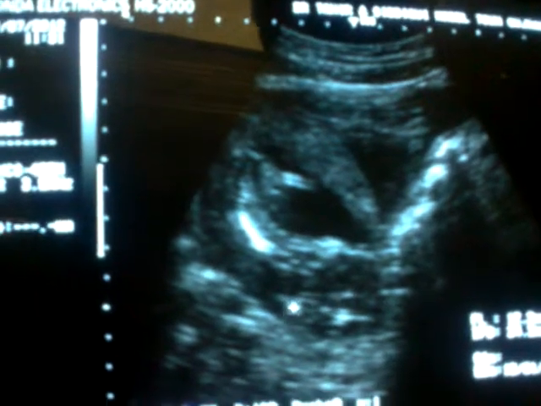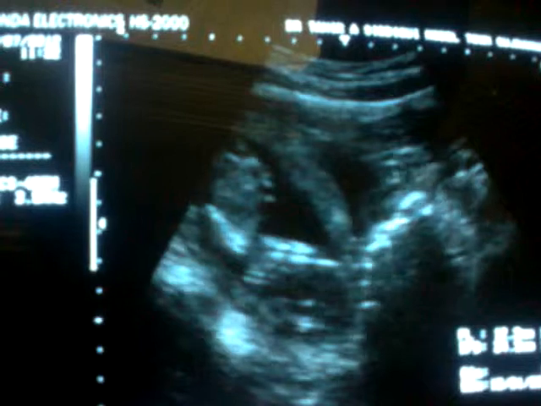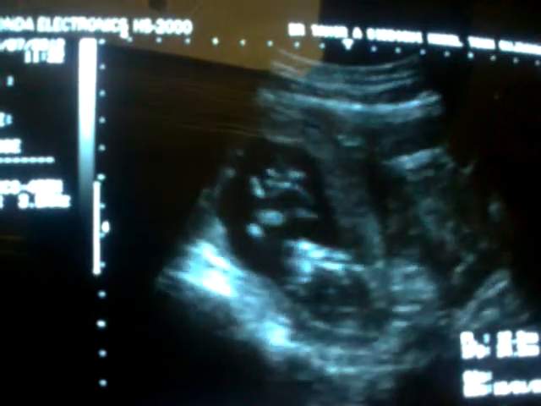Here, this is the nuchal translucency, which we take at this gestational age, which rules out